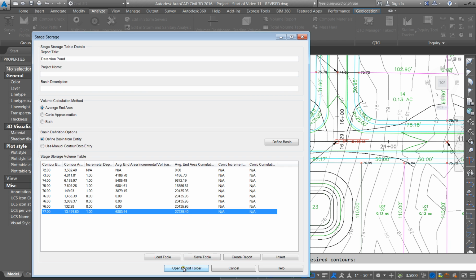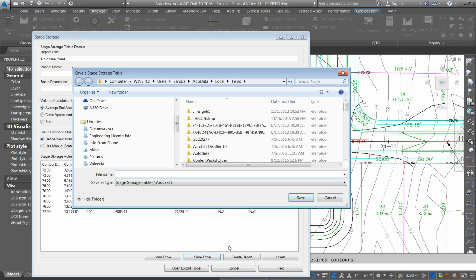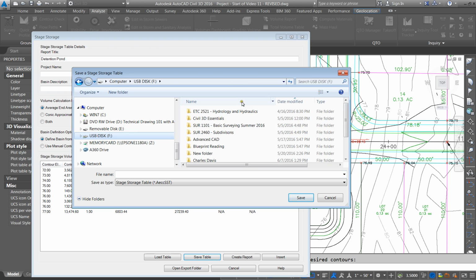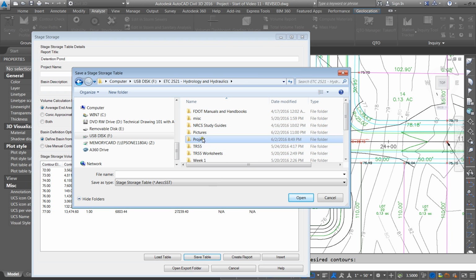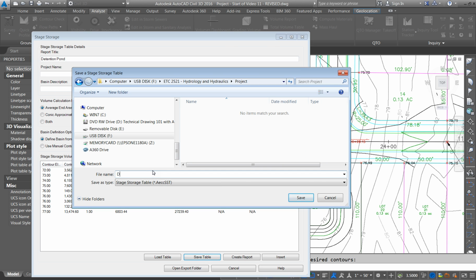All right, you can export those out or create a table. I'm going to go ahead and just save table. And I'm going to put this in my file folder underneath my projects. So detention pond stage storage. All right, and I'm going to click on save